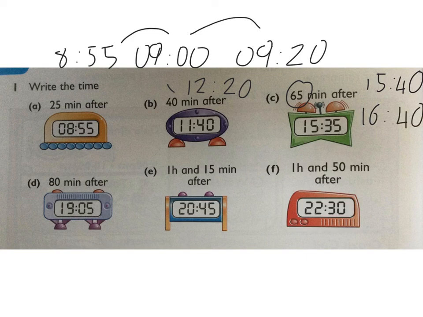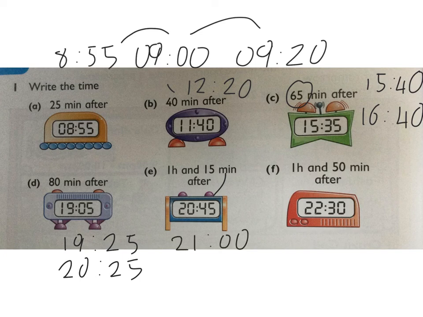80 minutes after. Okay, so 80 minutes is an hour and 20 minutes. So we'll add the 20 on first. The 20 minutes added would bring you up to 19:25. Then add the hour, 20:25. 1 hour and 15 minutes after 12:45. So we'll add the 15 minutes first. That'll bring me up to 21:00. Then add the hour, 22:00. Okay, the next question,